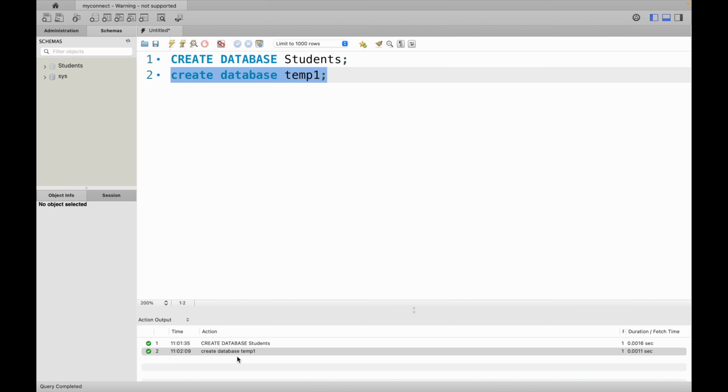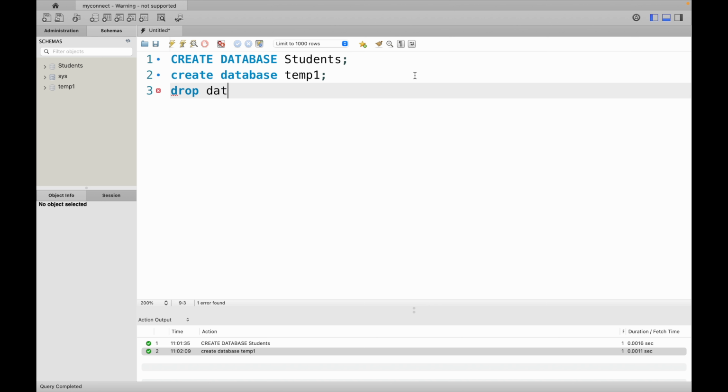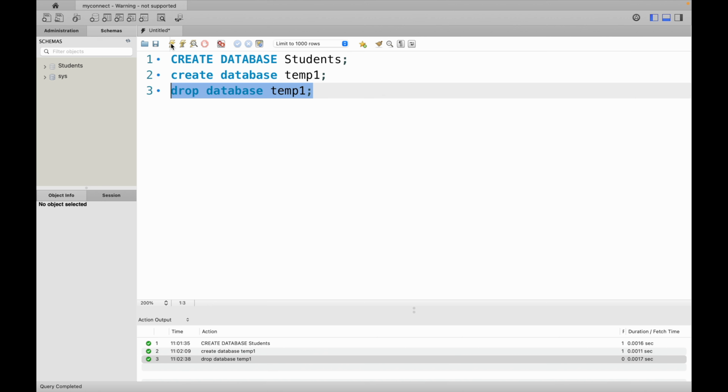So yeah, this code has been executed and I have to refresh here, and temp1 has been created. Now if we want to delete the database, we can simply write drop database and then the name of the database. I want to drop this temp1, and then I will execute this code,